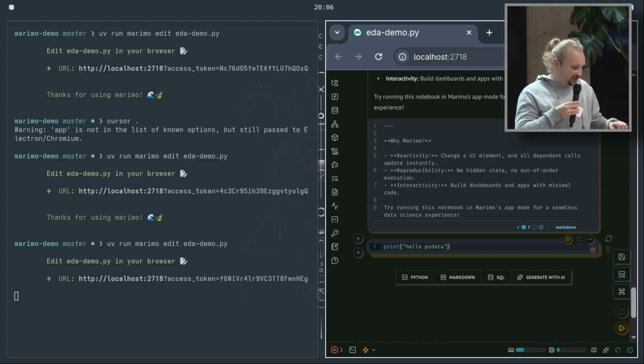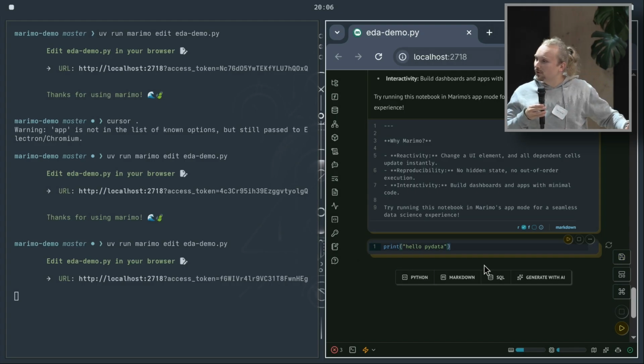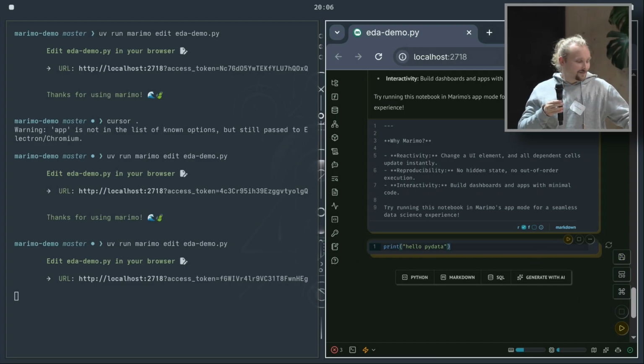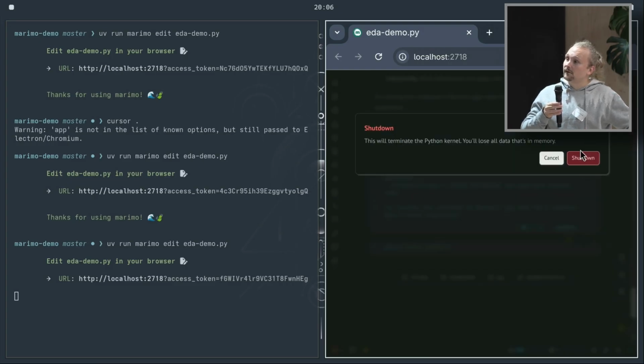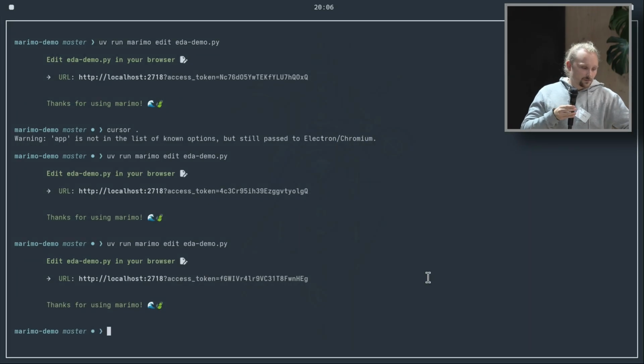I'm not doing capitalization because one-handed typing is not my expertise. Let's save the notebook like this. I'm not running it here because